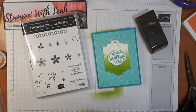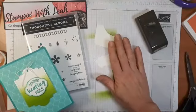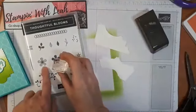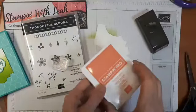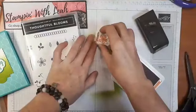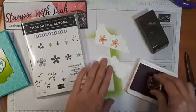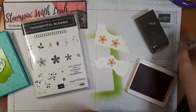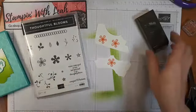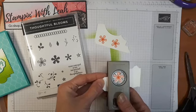So I'm going to just grab some scrap paper. I really don't need any kind of big bits. I keep all of these extra little bits from when I do punches or cutting or anything, because they're perfect for this kind of thing. So I'm going to grab this image from our Thoughtful Blooms stamp set and some Calypso Coral ink. And I'm going to stamp 3 flowers. And I'm going to try and keep them near the edges so that it will be easy to work with my punch. And 1 in there. All right, so with my 3 flowers stamped in Calypso Coral, I will use our punch. So I have to unlock it, and then I can slide this in, line it up,